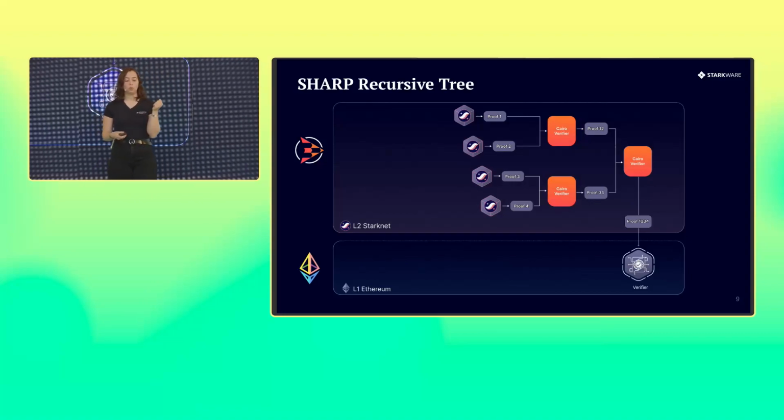So what we do, we verify the proof using our Cairo verifier. So Cairo is the language that our prover knows. If you don't know Cairo, please check it out. This is a very cool language. But anyway, this verifier is not off-chain, is not written in Solidity, it's written in Cairo, and it verifies the